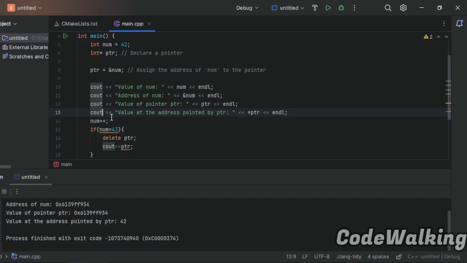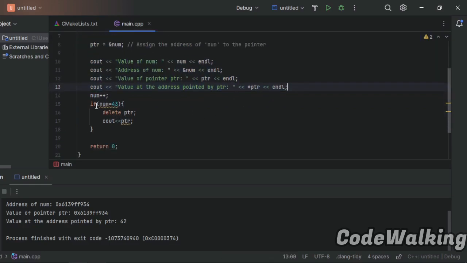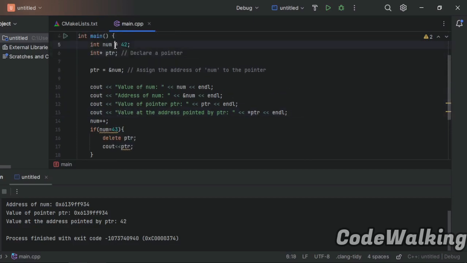So after all, this was 12, and let's say 20 bytes were allocated up to this point, where we have made a condition that if the value of num increases to 43, we delete the PTR,